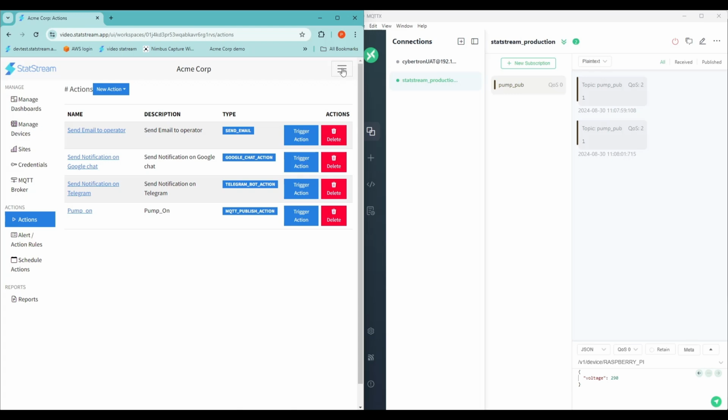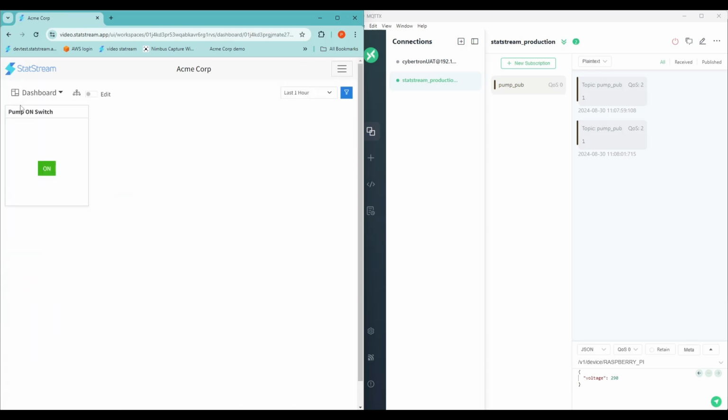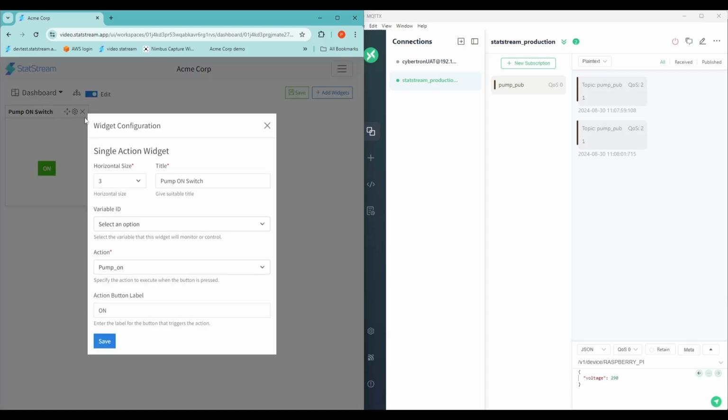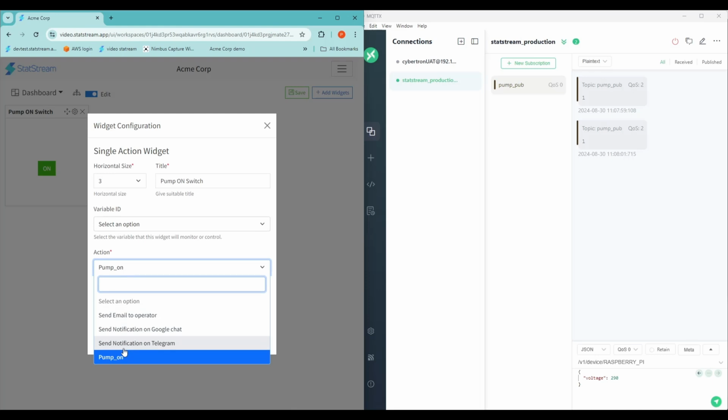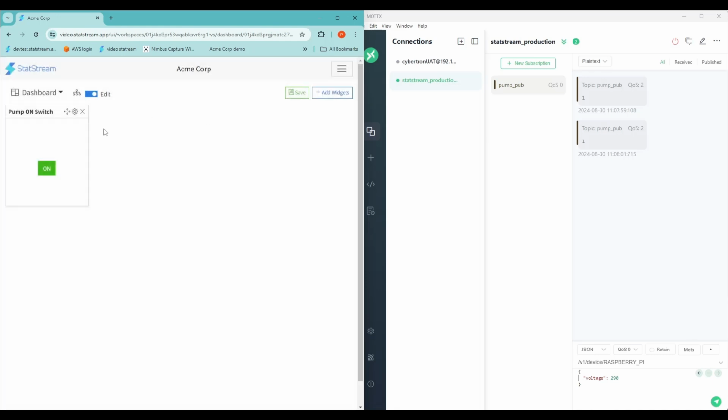Also, you can create a widget with this action, from where you can directly trigger the action. Here, for example, we have created a pump on switch widget. Here you can see we have set the pump on action in this widget. When you click on the on button, you can see the message got published on